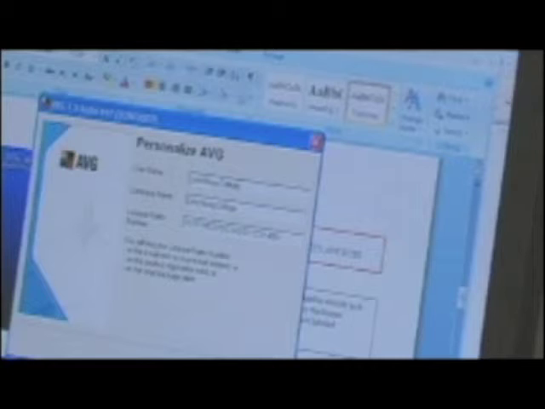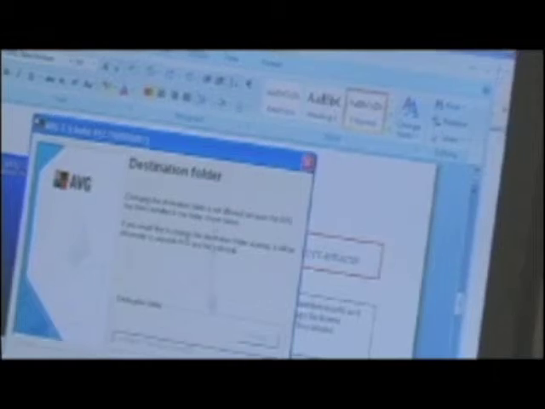Now, once that's done, it's optional too if you want to put in your username and a company name. That'll be helpful later on. Click next. And it'll tell you where it's going to be installing AVG. We click next again. And then it's going to ask you what you're going to be installing, which will pretty much be the Resident Shield